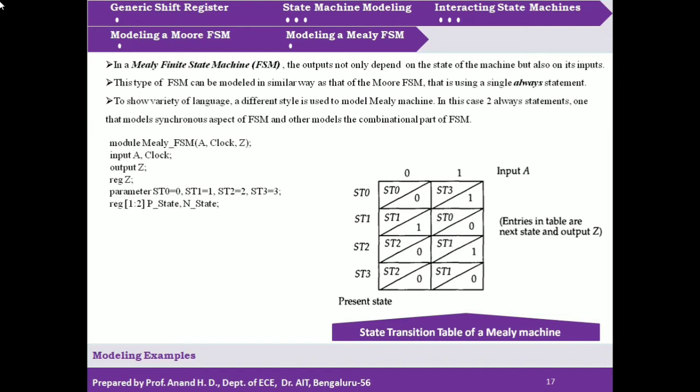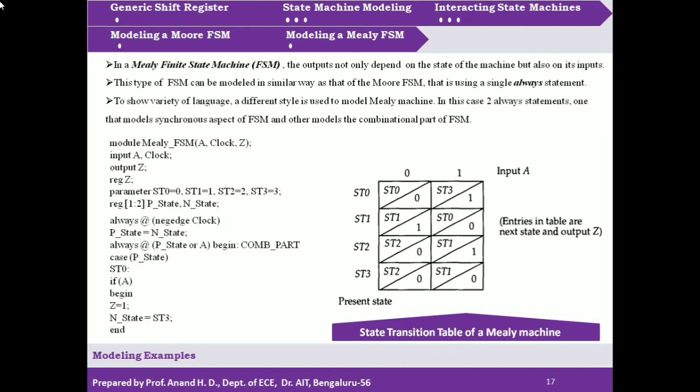Okay, and next part of the code as always statement, always at negative edge of the clock. So this is the always statement that is taking care of synchronization. So it is synchronizing the operation of state machine model with respect to negative edge of the input clock signal. Then at every negative edge of the input clock signal there will be a state transition, that is P_state will be equal to next state.